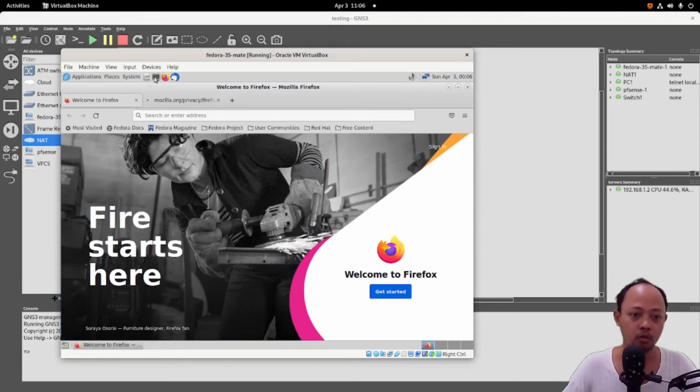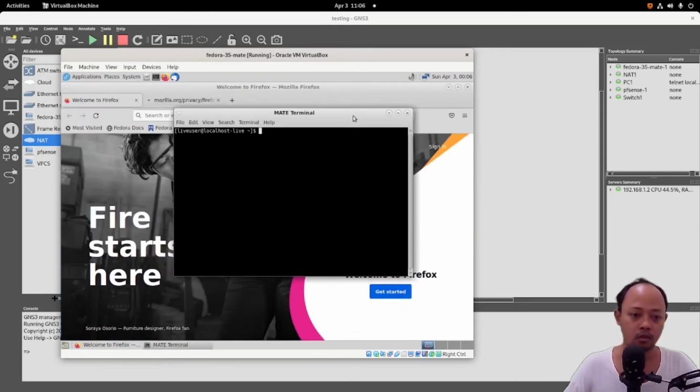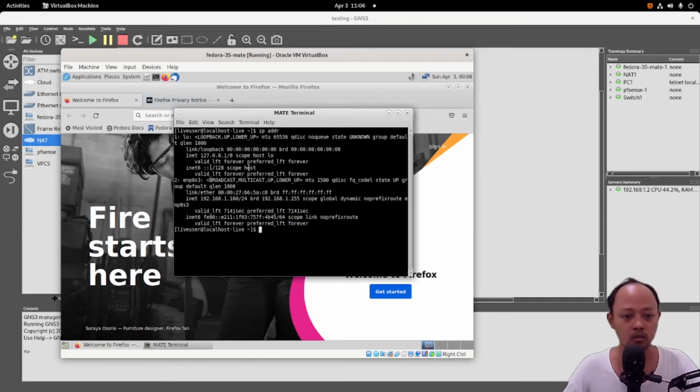But before that, we will check the IP. So the Fedora's IP is 192.168.1.100.